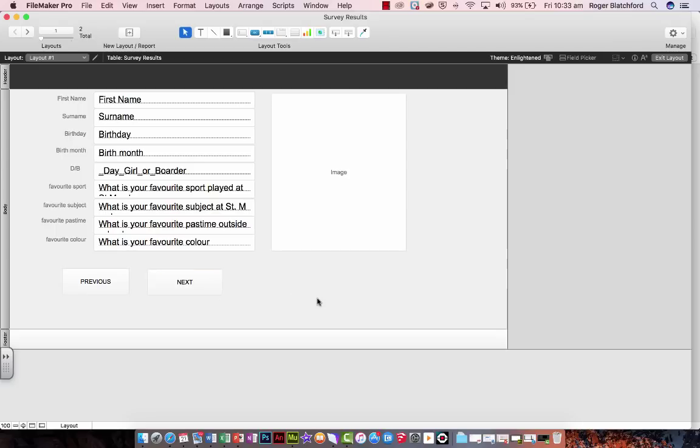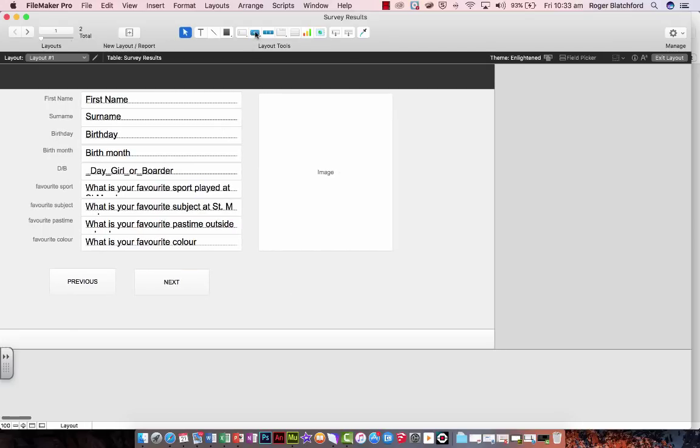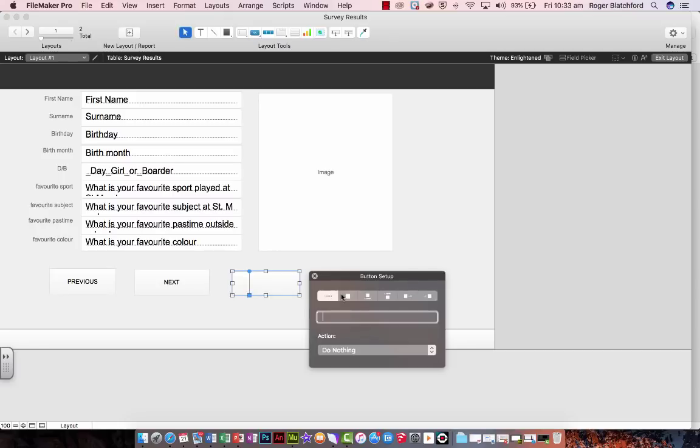Okay, let's create a new button. So we come up to the top here. This is where your buttons are. So click on the button icon, come down, and I'm going to draw my button. And it's giving me a line underneath, so I know my button's on the same line as there, and now it's the same width as the previous button. Can you see that double-headed arrow that's appeared? So I know my button's the same size. I'm going to call it Find,